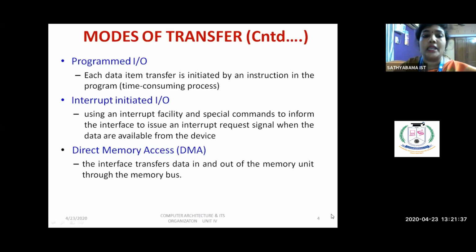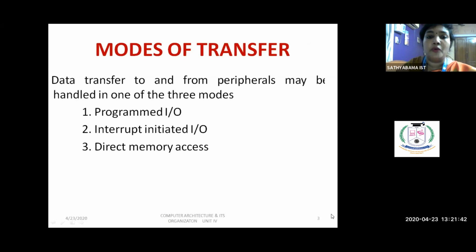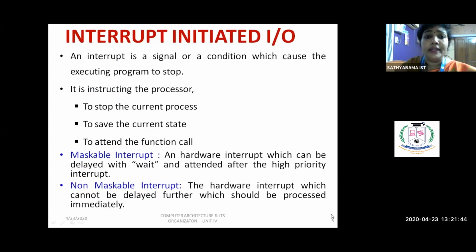Next one is interrupt initiated IO. For that, first of all, you have to know about interrupt.